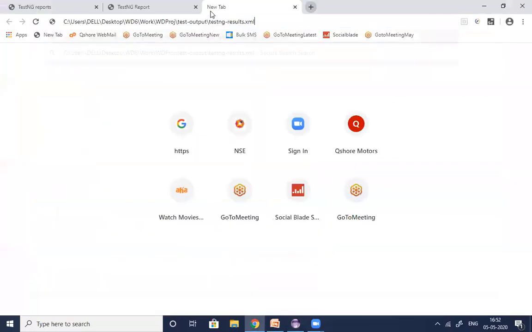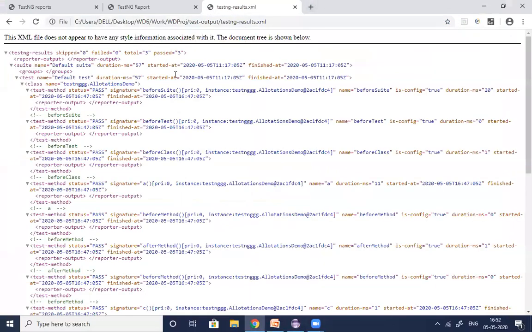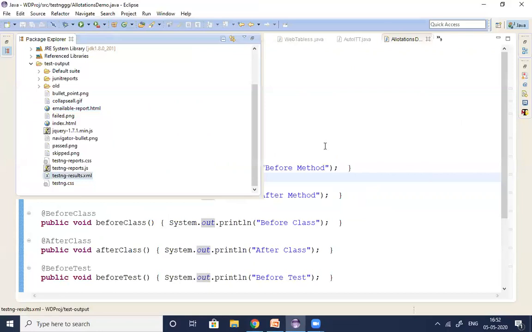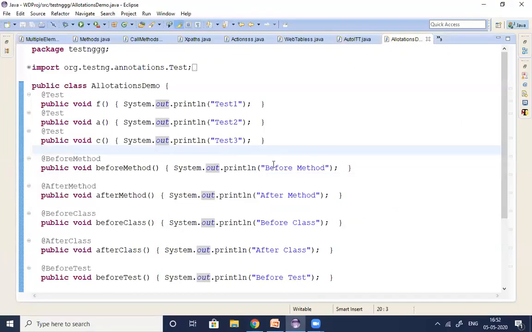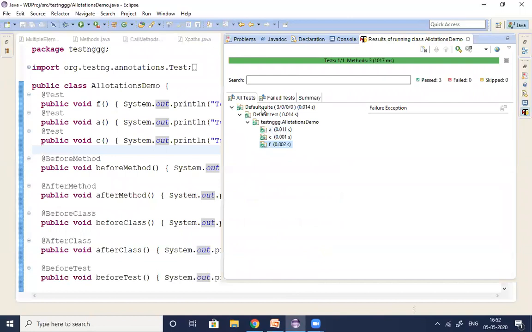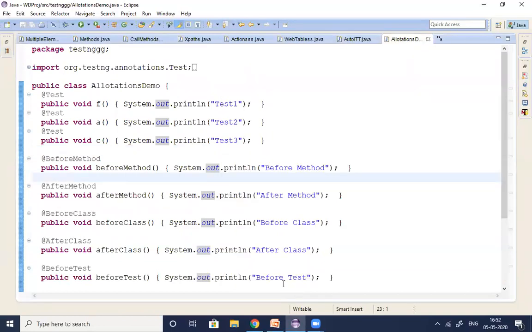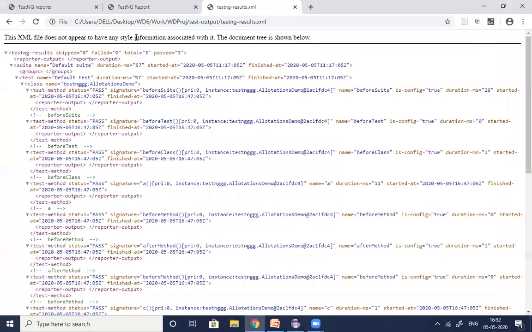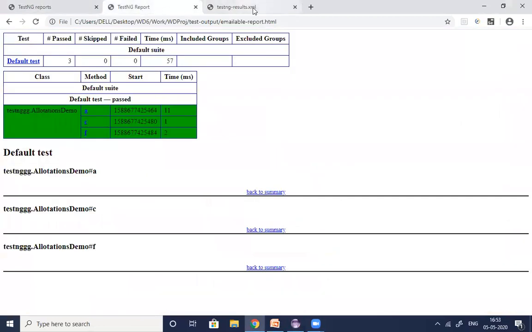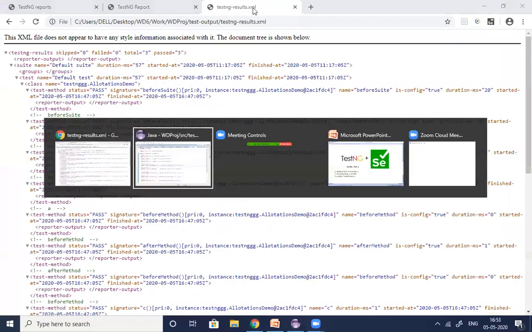Control V, enter, you can see the XML format. So clear, everybody? Once you run the TestNG test, by default your TestNG will display the results in the TestNG console. Besides it, we can also see the TestNG results in various formats like HTML, emailable, as well as the XML format of results.